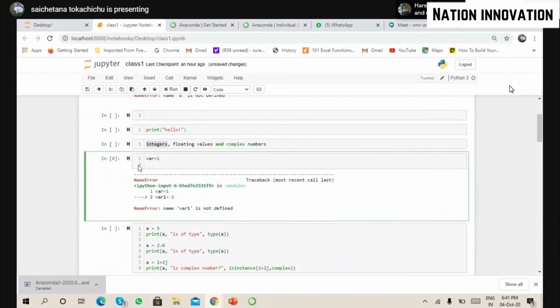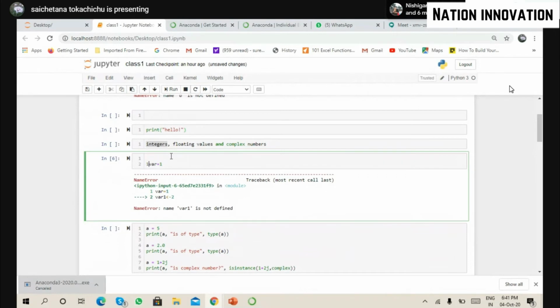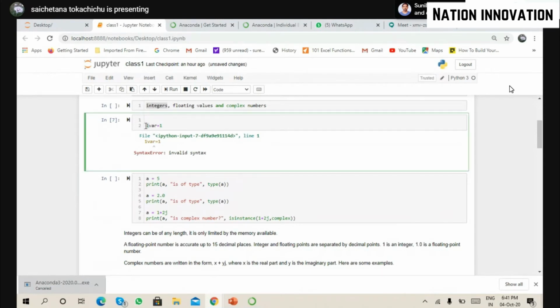So for defining variables, the character always comes first. You cannot assign a name for a variable as 1. You will get a syntax error. Why? Because 1, or some other number, not only 1, any kind of number cannot come in first place. That is one error. And it can come at the end, there is no problem with that. This is one of the rules which you need to follow for assigning a value to a variable.